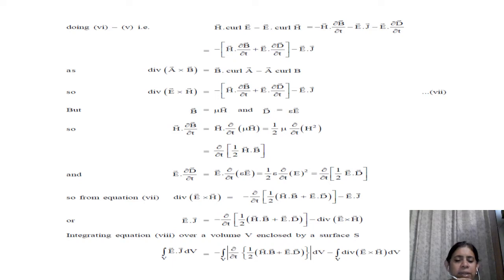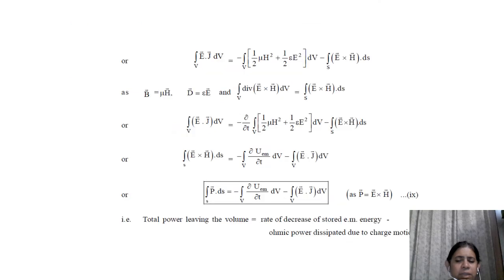E dot J dV is equal to the volume integral of del by del t of half H dot B plus E dot D, minus the divergence of E cross H, dV. This is also a volume integral. Now in this equation, just look at the last term, the divergence of E cross H. Now the divergence of E cross H can be written as, if you remember your Gauss